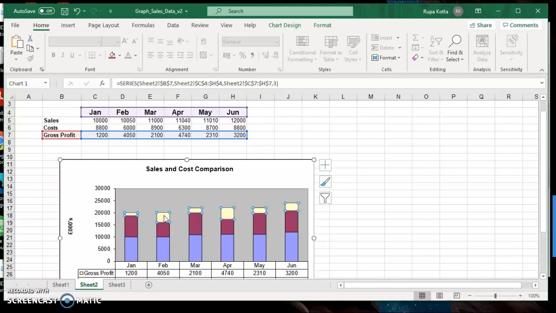This chart is called a stacked chart because each piece of information is stacked on one another for every month. So for January you have sales, then the cost, and then the profit. But when you want to understand this chart, it is not that useful because in January you can see the figure going up to like 22,000 or 21,000. If someone doesn't look at it properly, they'll say all of this might be sales, because people need to know that different elements of the chart are showing different parts of information. So this chart is very poorly presented. This task is going to show you how to change this chart.